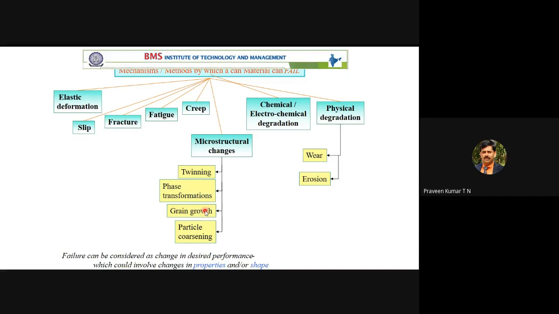Once you say growth, financial growth means this year revenue may be only 100 crores for the company. Next year it may be 110 crore. That is the growth, financial growth. In a similar way, there is grain growth. The size of the grain may increase from 0.1 mm to 0.115 or 0.2 mm. That is the grain growth. That will happen only during the heat treatment process. The grain size and shape will change during the heat treatment process.